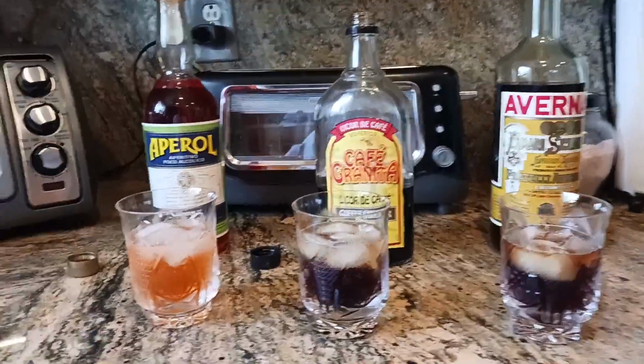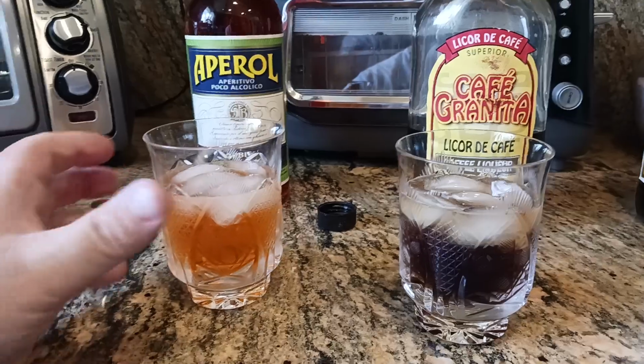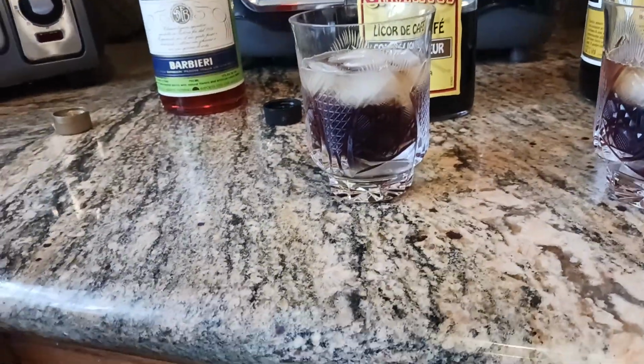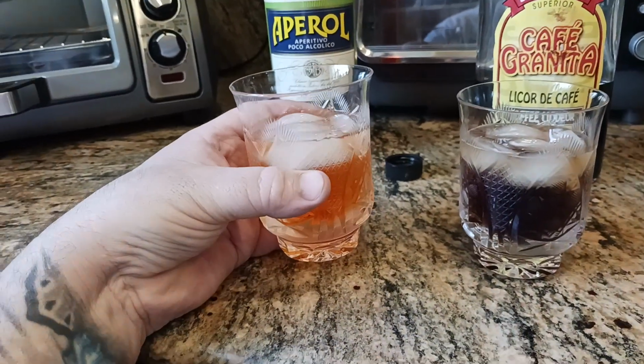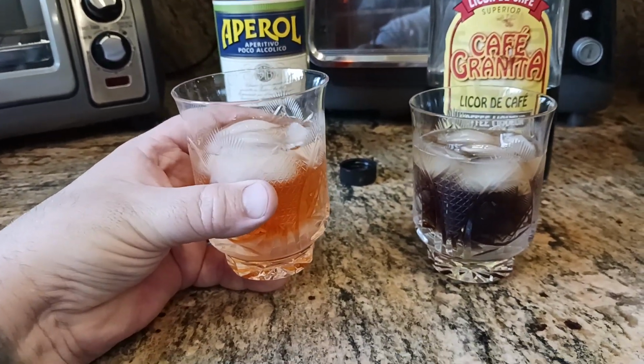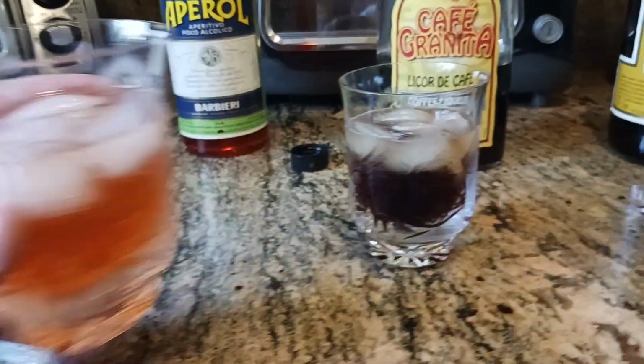So anyways, you've already seen me do Aperol in the past, but let's go ahead and just sip it and smell it now for the sake of curiosity. So on the nose, it's very citrusy, it's very orangey, and then it has a little bit of that bitter smell as well. And then to the taste...